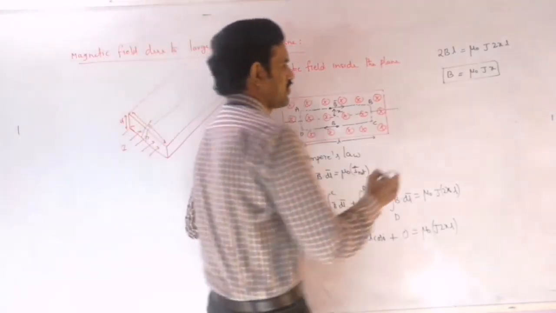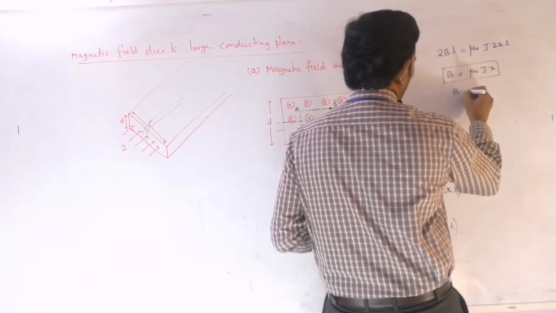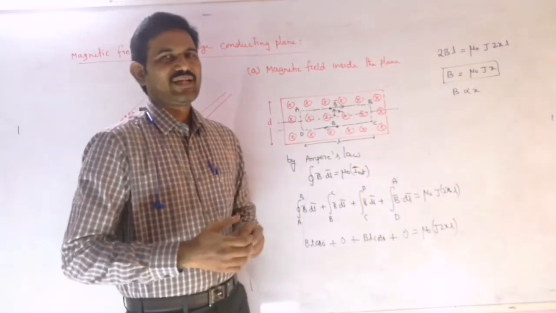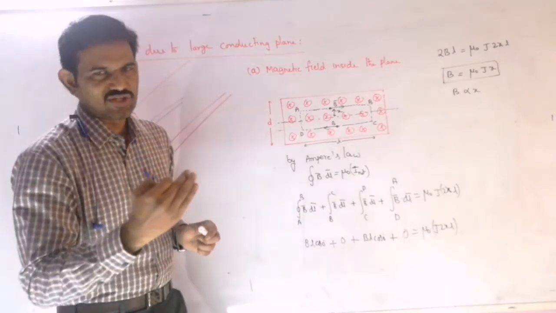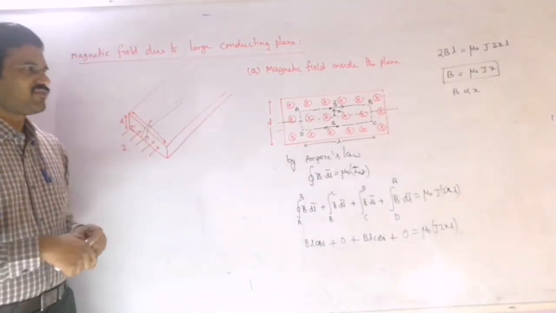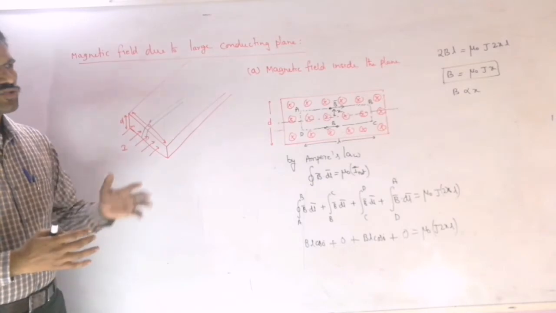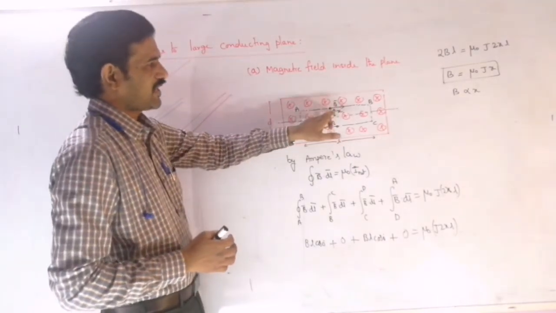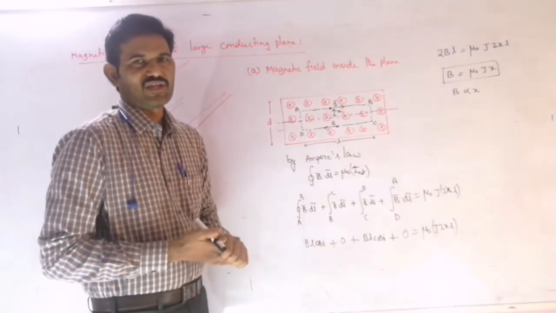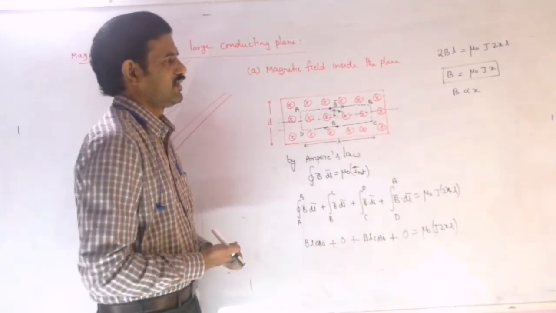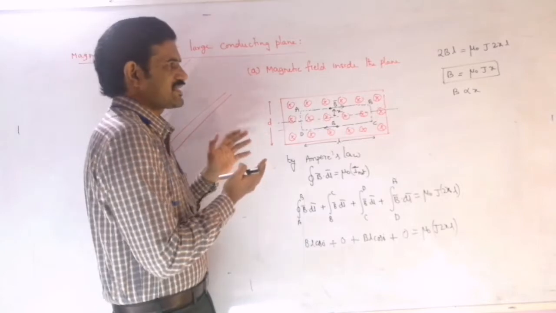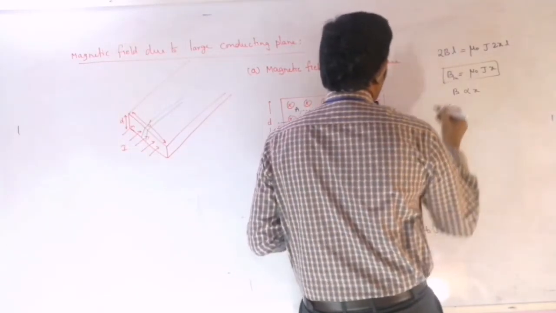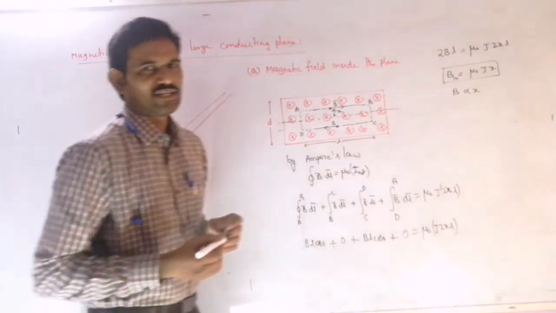So inside this now we can observe that the magnetic field is directly proportional to this X here. So the magnetic field at the central region of this thick plane will be 0, right? Then if you are moving from the central plane to the top, this magnetic field goes on increasing. So that is the variation of this magnetic field, when you are taking inside, the magnetic field inside this conducting plane.